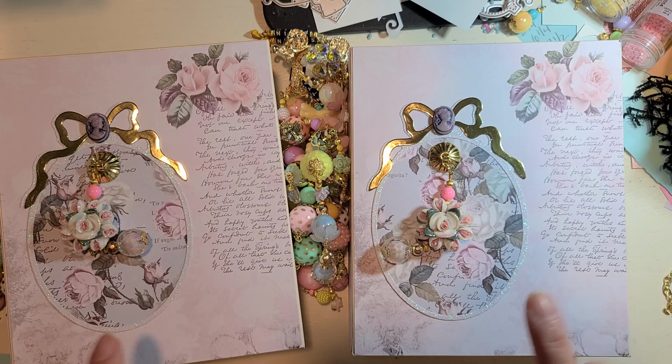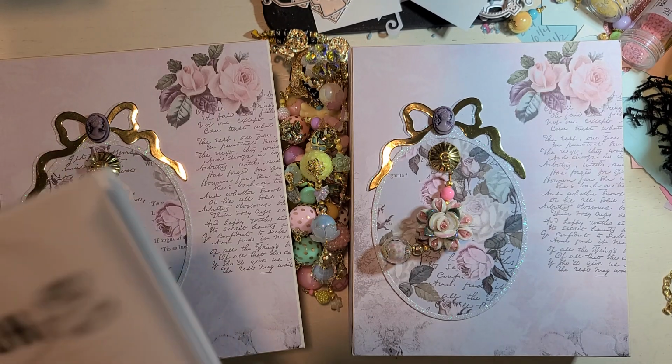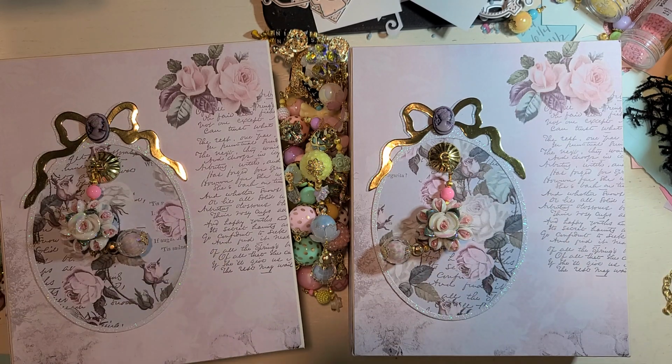This is one swap, but it's two different participants. It was a one-on-one, and okay, hold on. I'm like, yeah, my brain, my thoughts aren't very cohesive. Anyway, so this is the